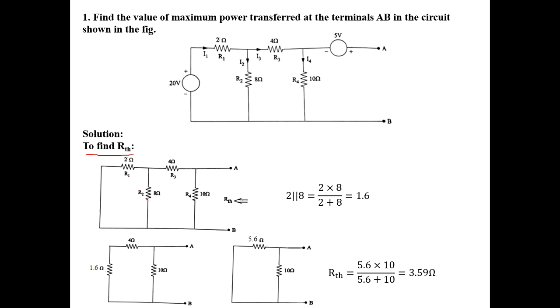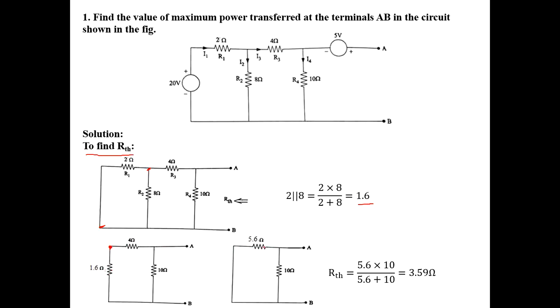Next, these two resistors are connected in parallel because they have two common points. One point here, another common point is here. We know that two resistors connected in parallel means R1 R2 divided by R1 plus R2, which is equal to 1.6. Then our circuit will be, these two combined, we got this 1.6 ohm resistor, and then next these two resistors are connected in series because they have only one common point. We have to add these two resistors. Then we got the answer 5.6 ohm.